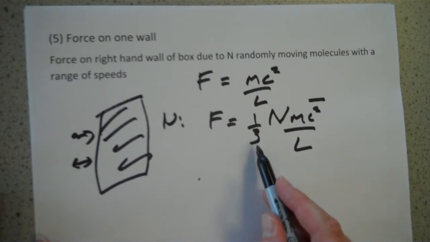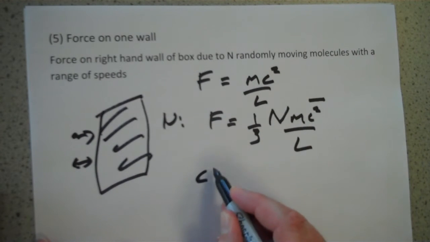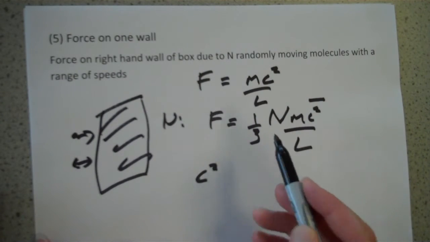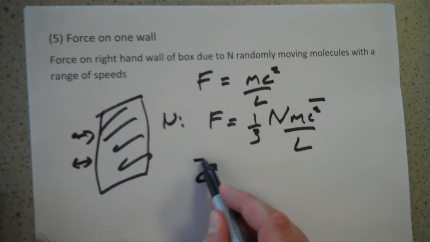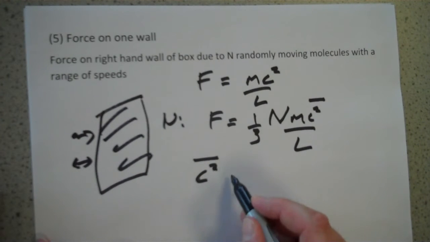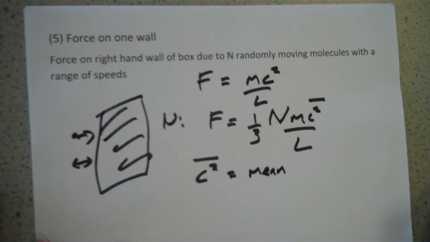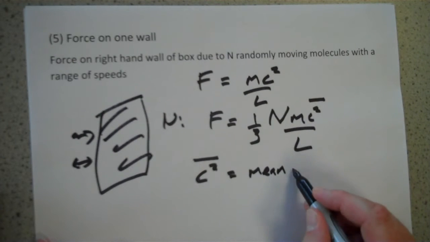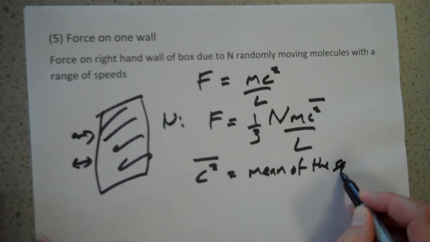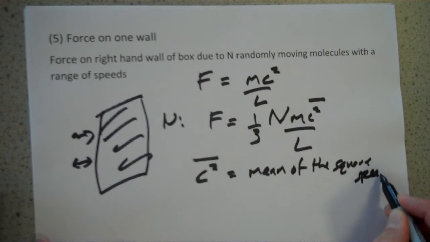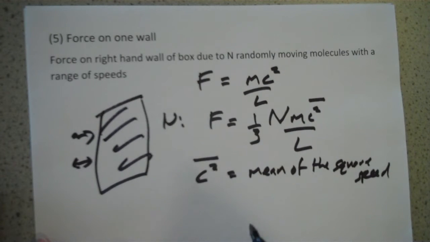So what's happening here with this third and this c squared bar? Well, let's go for that first. We've got c squared for that one molecule, but they move with a range of speeds. So the bar means the mean. It's the average, but we're going to be fussy. It's A level. It's the mean of the square speeds of all the molecules, the mean square speed. So we can look at all n molecules. The third is because we're looking at the pressure on the right-hand side, so we're interested in a third n because